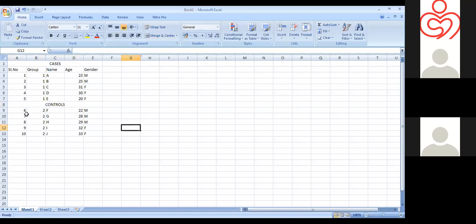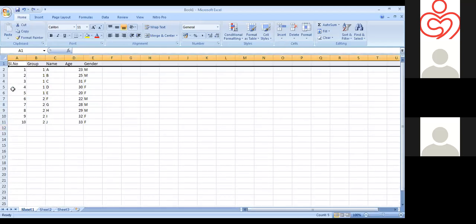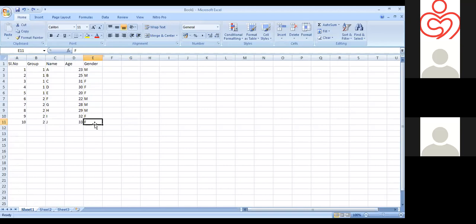if our data consists of merged cells and if our data is like this, we cannot do analysis in SPSS. So SPSS won't take it. Radhika already told us today, SPSS has some specifications. It won't allow spaces. It won't allow merged cells and all. So if we are entering the data like this, we need to clean the data. That is what I said in the initial slide, data cleaning. So we need to clean the data, and we should compile the data which I entered before, like this. So if our data is like this, we can import the data into SPSS directly.